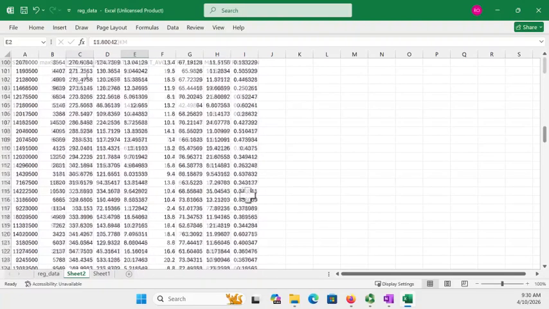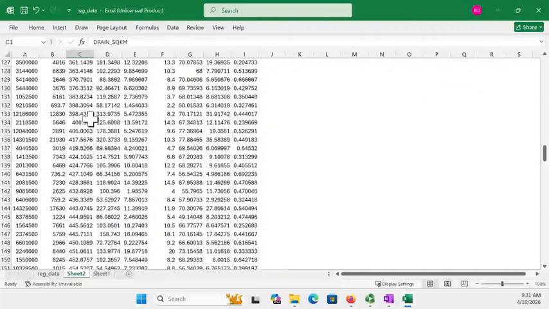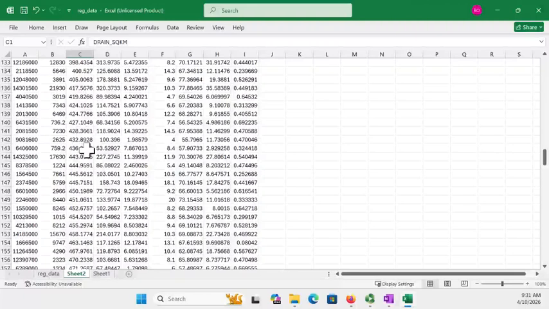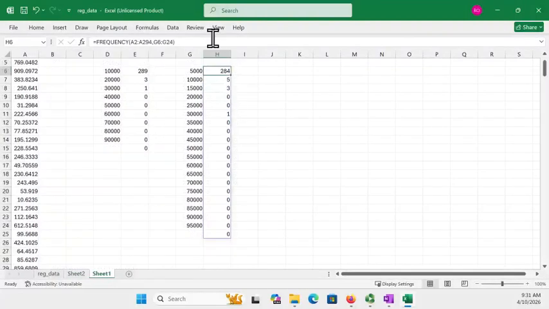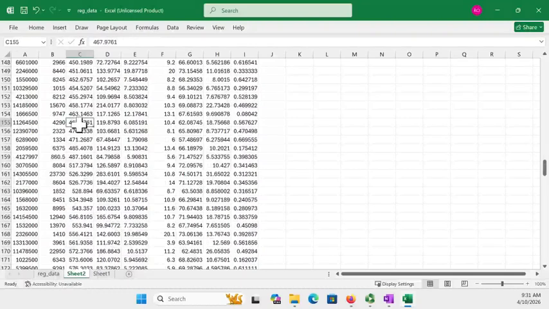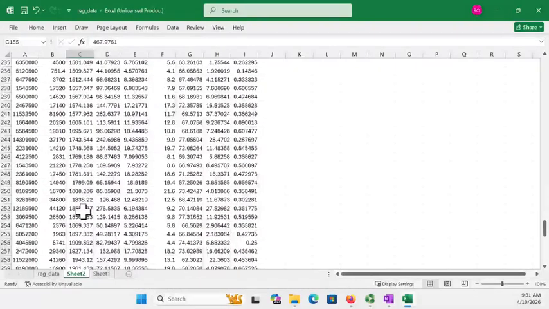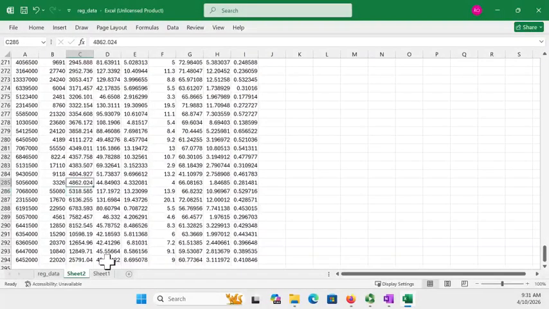So we're going down. We want to go down in drainage, and we're going to take out everything bigger than 5,000 basically, because that's what we had in our sheet. So anything bigger than 5,000, we're going to be down to 284 observations. So here's 400, 600, 1,000. These last 9 are bigger than 5,000. And we got 4862, and it goes up to 25791,